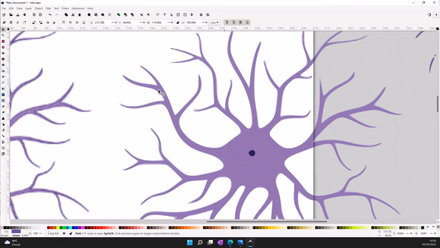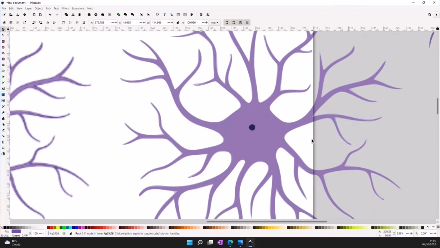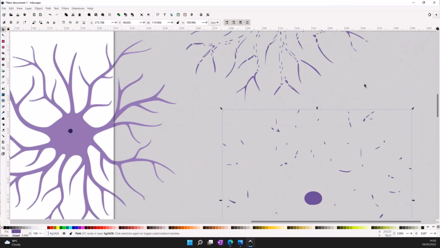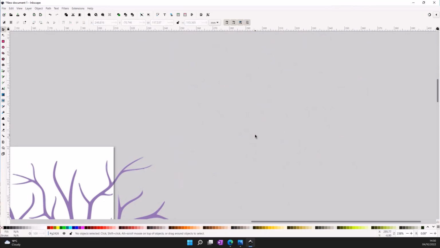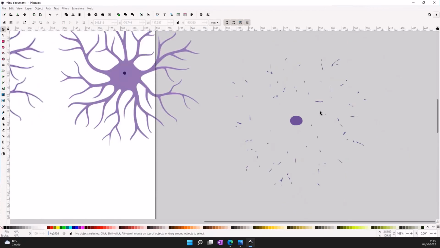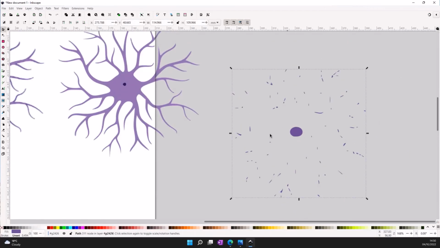And even at this point, you might look at what we have left over and think that actually looks like a good background for a neuron, so I'm happy with that. But you might look at this here and think, oh, that's too full of little bits, so I'm going to delete that. And then you might look at this layer here and think, well, that's almost okay, it's got what I need in the center, but it's got all these little bits on the outside,